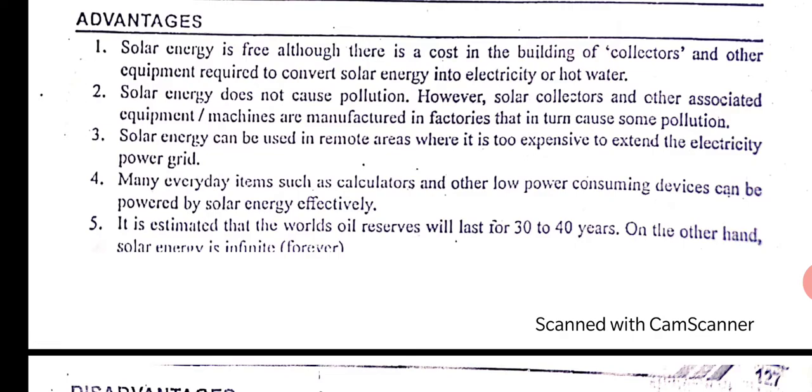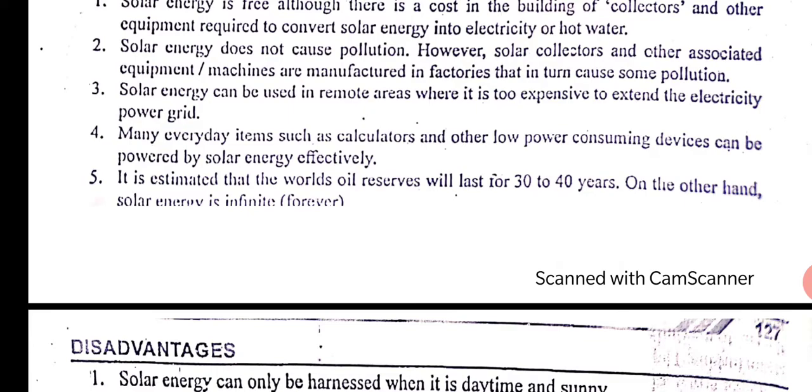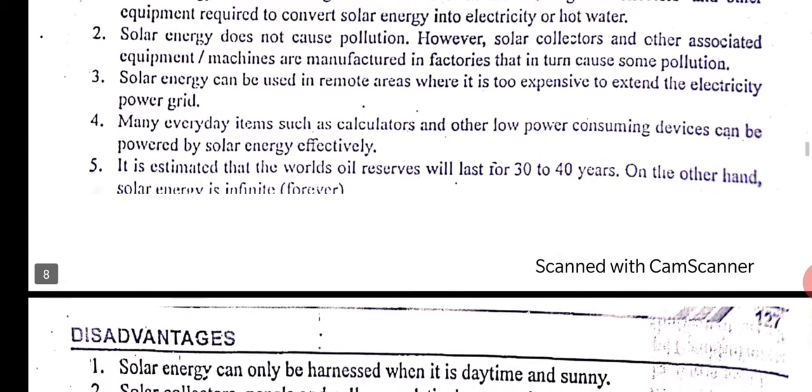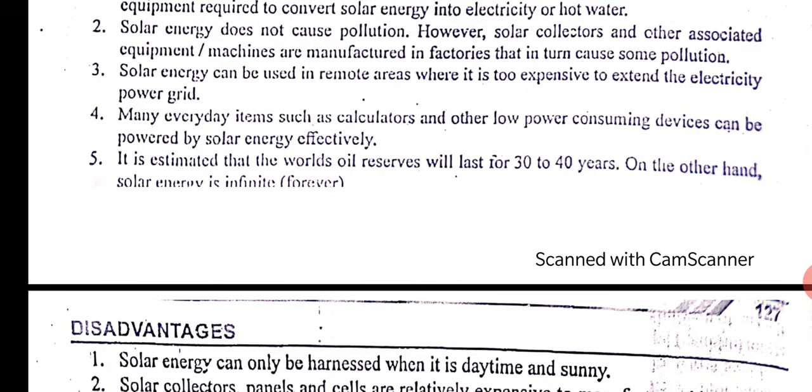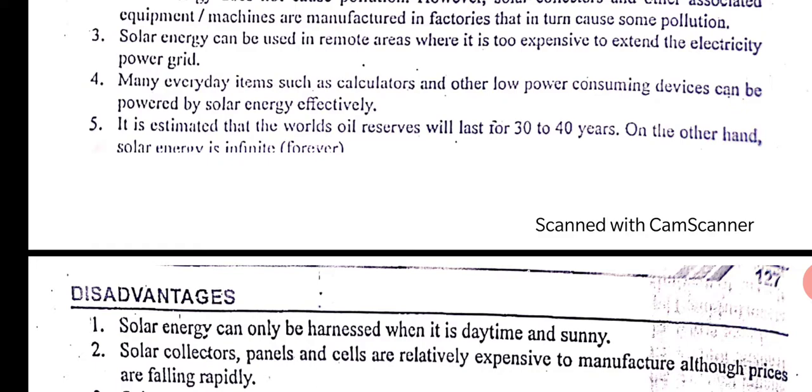Third, you can use it in remote areas where you don't have access to electricity. Solar energy can be used, for example in Goa and Karwar, in some remote places on hills where the number of houses is very few, one or two, and the grid is not connected, meaning electrical lines are not drawn to those houses. They can have solar energy, whether for electricity generation or heating application. And most low power devices like torches, small lights and calculators can be powered by solar energy.